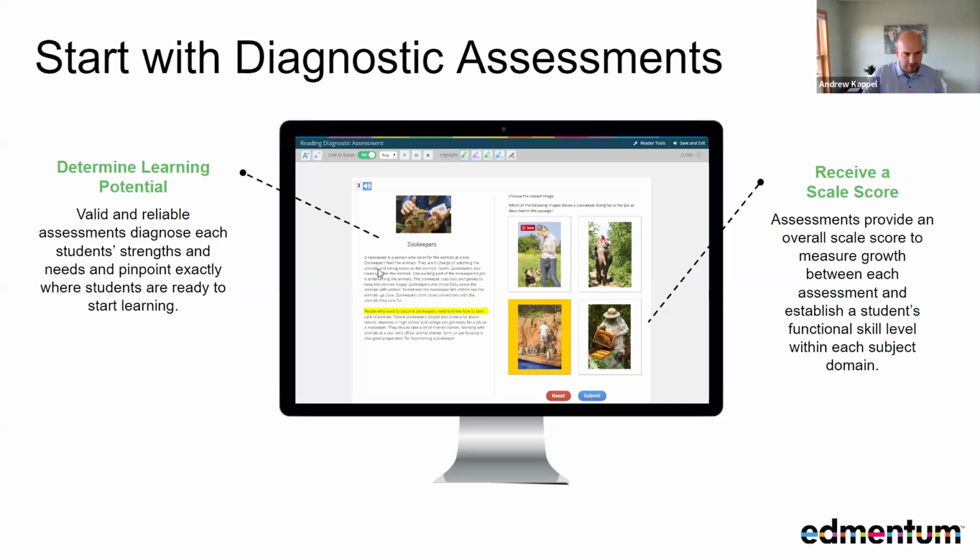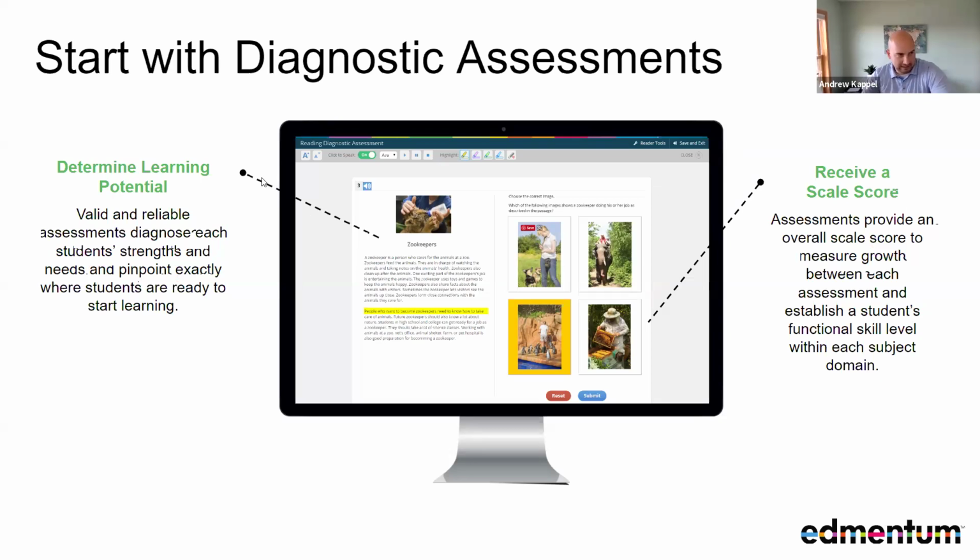To see where their gaps are, versus I know that in the past we've set it at different levels, like a 6th grade to 7th grade level, because we thought maybe that's where we should start. But we would encourage you to start at the 12th grade. Make sure your students are set as 12th grade learners in the system, so they get that 12th grade diagnostic and it will adapt down.